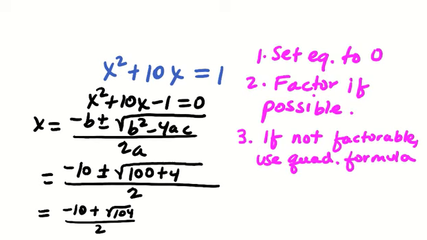So I'm left with negative 10 plus the square root of 104 divided by 2, or maybe negative 10 minus the square root of 104 divided by 2. And remember that because b squared minus 4ac was a positive number, I got two